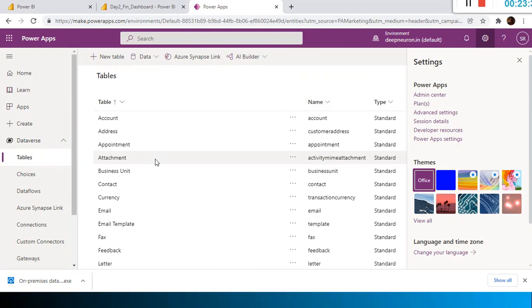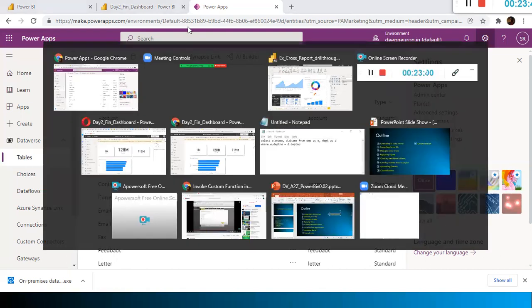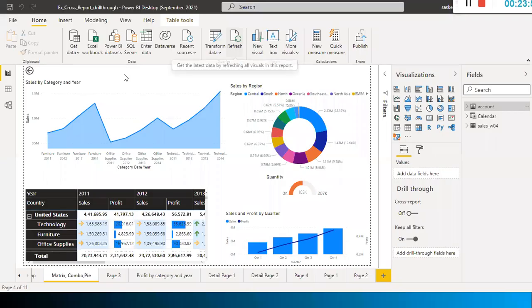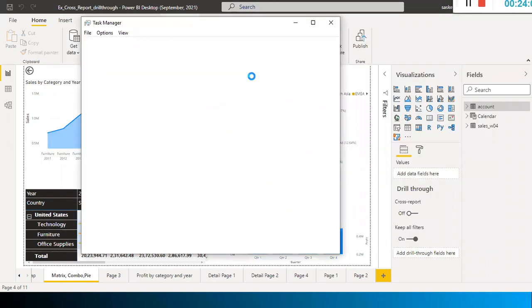And we have something called Azure Synapse Link. Likewise, many other things. Let's not worry about all these things. Now at present, you learned how to connect to Dataverse and import the file and Power BI datasets also. And you also learned JSON, right? How to import the JSON file and work with that. So next, we will learn some other new things today.